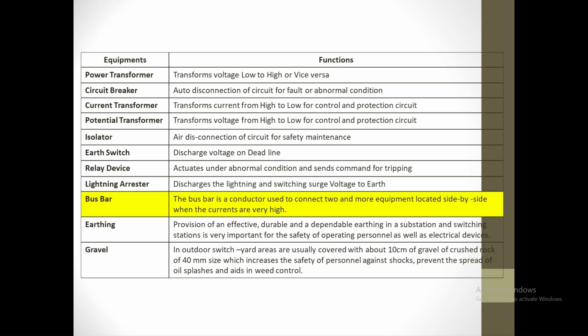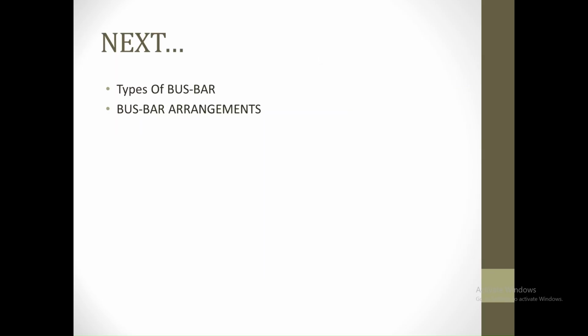The bus bar is a conductor used to connect two or more equipment located side by side when the currents are very high. So we will discuss in the next video in detail what the types of bus bar in a substation are, and what the types of bus bar arrangements we see in our substations are,